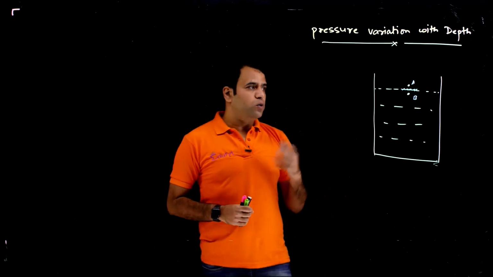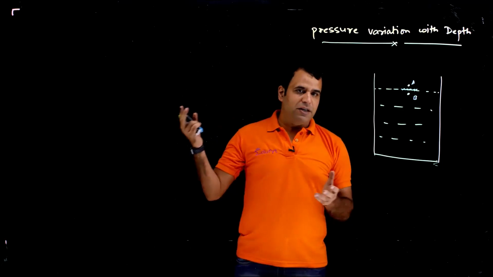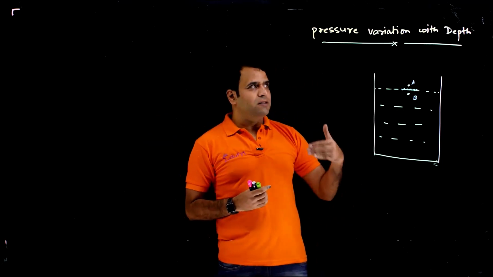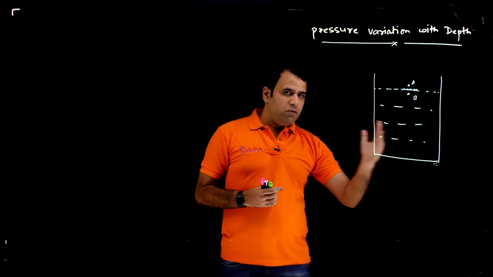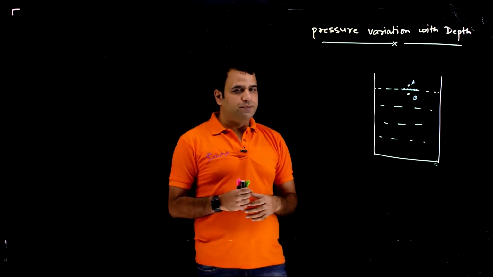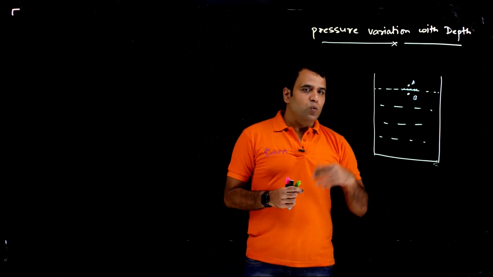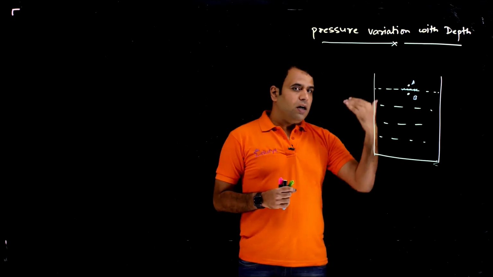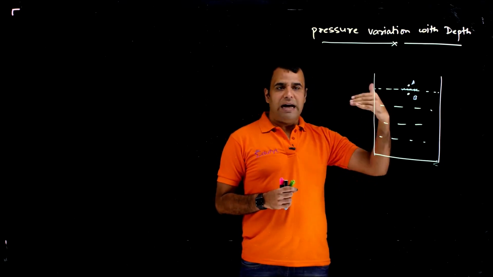So now we'll learn how to calculate the pressure at a point if pressure at another point is known. So we'll measure the pressure with depth, with horizontal, and so on. So the first thing we want to calculate, what will be the relationship between the pressure across an abrupt density